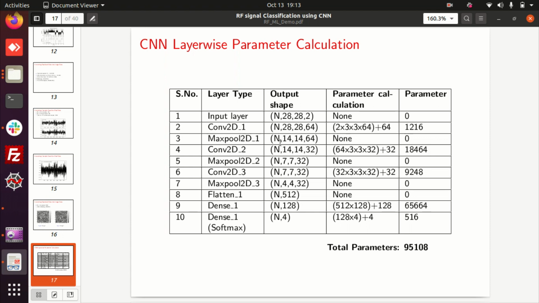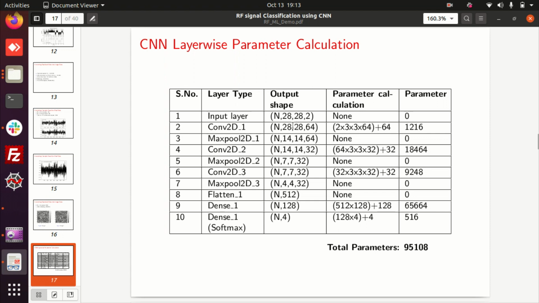I am doing convolution with a filter of 3 cross 3. That 3 cross 3 will have its own filter weights. Okay, I am going to do convolution and generate an output feature map. That output feature map is passed to the max pooling layer. The function of max pooling is just to downsample the image.